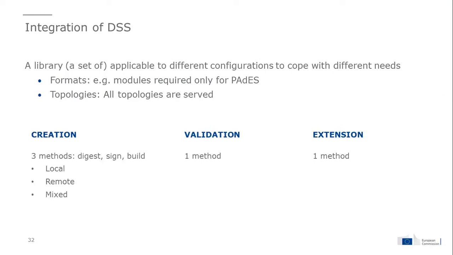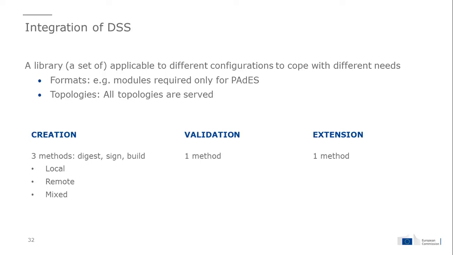So you can really reuse part of DSS if you need to, and if your need is not to be strictly conformant to the standard, for instance, or the European policy regarding qualified signature, etc. You can really configure it the way you want. Two examples of this configurability. For instance, the format. Suppose you stick to PAdES only. You can deploy only the DSS modules necessary for processing PAdES signatures. So you don't have to embark all the others.